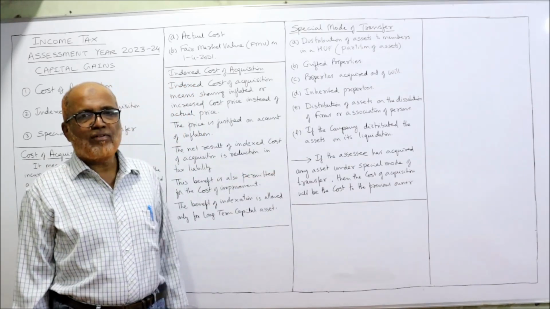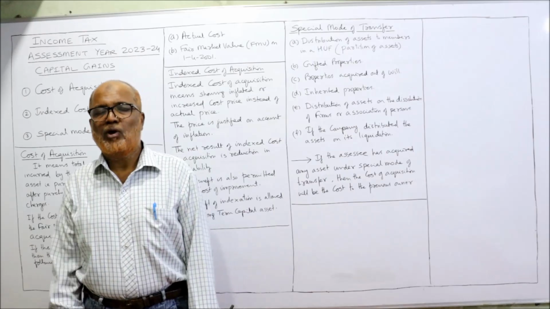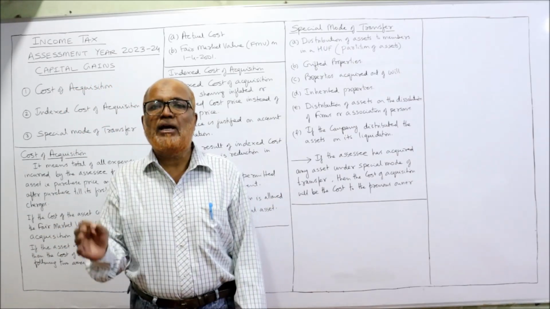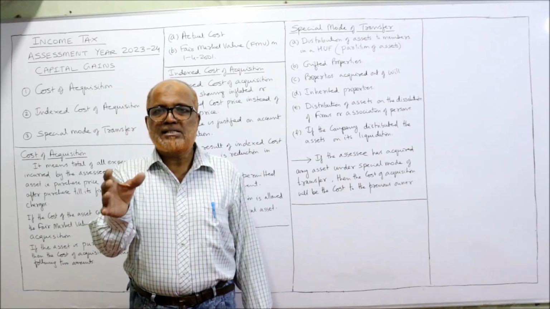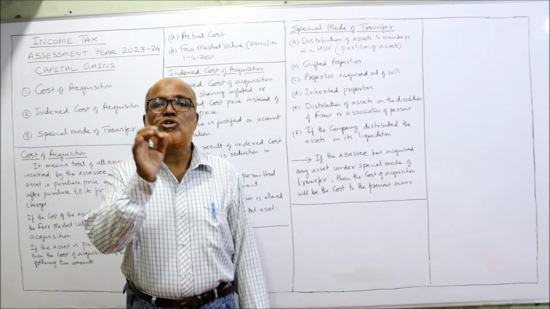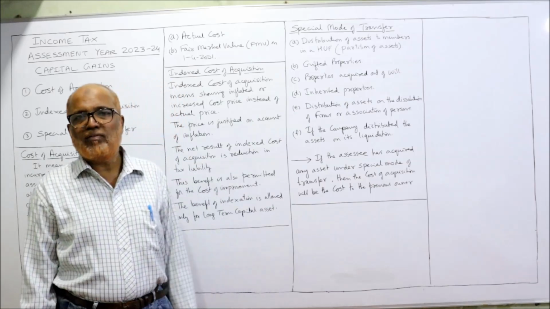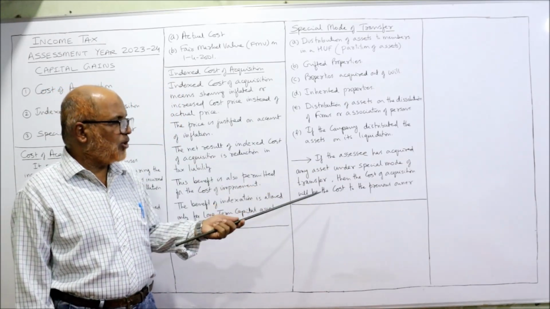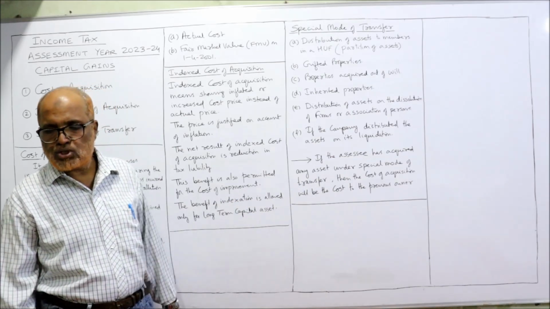Again, distribution of assets on dissolution of a firm or association of persons. Similarly, if the company distributes the assets at the time of liquidation, these cases are called special mode of transfer. So what will happen under a special mode of transfer? If the assessee has acquired the asset under a special mode of transfer, then the cost of acquisition is the cost